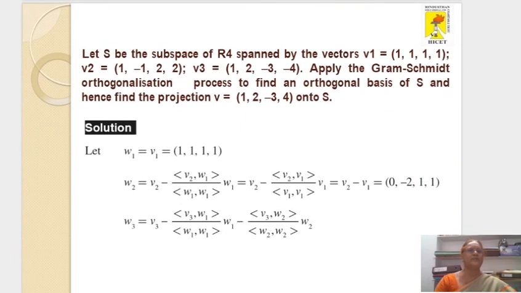In the same way, let us do this problem. Let S be the subspace of R power 4 spanned by the vectors V1 equal to 1, 1, 1, 1, V2 value given and V3 is given. Apply Gram-Schmidt orthogonalization to find an orthogonal basis of S and also the projection of V onto S. Now, in the same way, let us write W1 equal to V1 and the W2 formula you apply. Like the previous problem, we will get 0, minus 2, 1, 1, and for W3, substitute the values, we will get